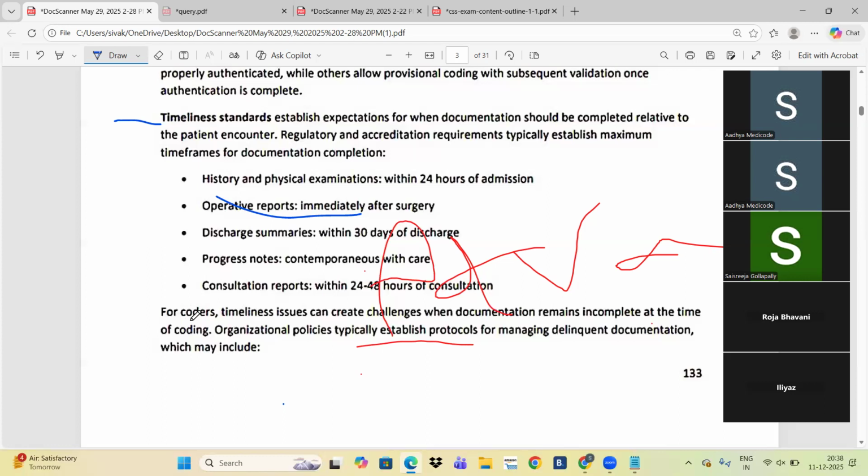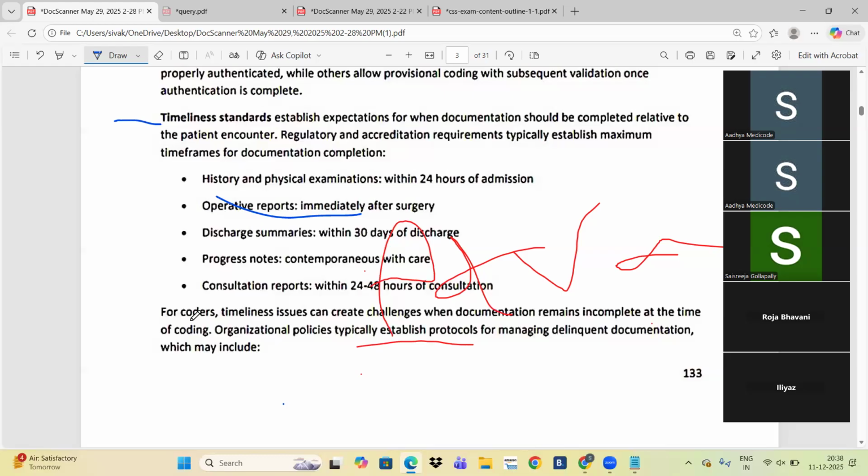The consultation report within 24 or 48 hours of consultation. Progress note contemporaneous with care means immediately after care. Okay, the discharge summary we need to complete within 30 days of discharge.